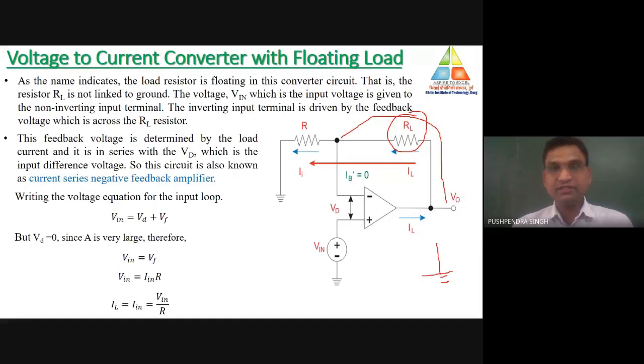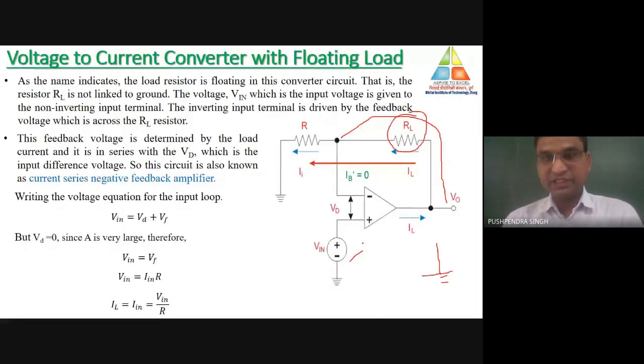So we are starting with the first type of voltage to current converter, that is floating load. In floating load type, as we have discussed, none of the terminals is connected to ground. In this circuit, you can see that the input voltage source is connected with the non-inverting terminal of the input. That's why it's a non-inverting operational amplifier, or the non-inverting type voltage to current converter. We can also connect it with the inverting terminal. Some applications are based on the inverting terminal voltage connection, and some are based on the input connected with the non-inverting terminal of the op-amp.